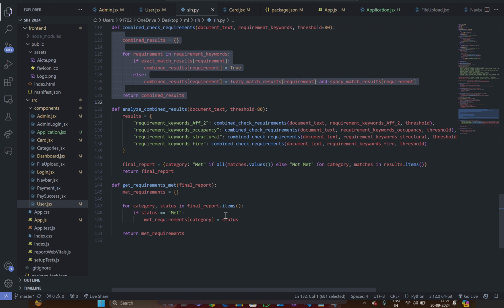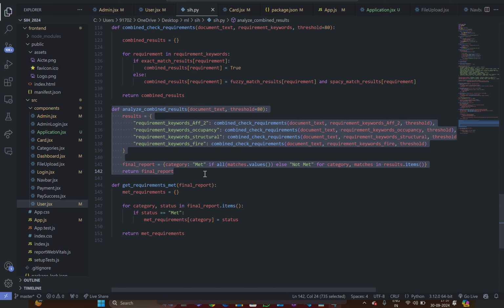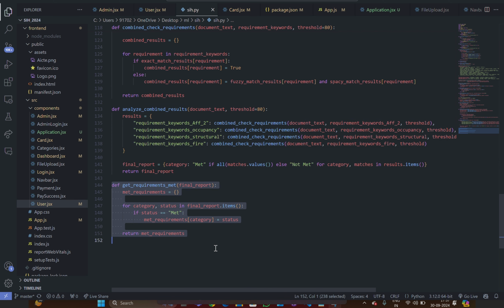And finally, we have a function that only gives you your requirements met keywords, and as we can see, the results from these matching techniques are combined to generate a comprehensive report on whether the document meets the specified requirements or not. It improves accuracy as exact matching works well with documents that contain precisely the same wordings as the keyword. Fuzzy matching handles the variations in spellings or slight changes in phrasing. NLP-based matching captures different word formats, orders, or phrasing variations, making it the most flexible approach.